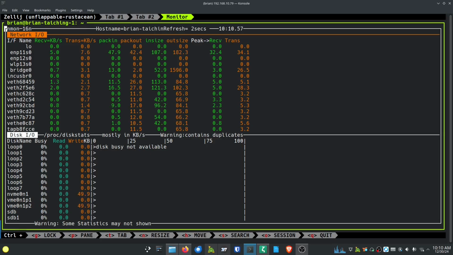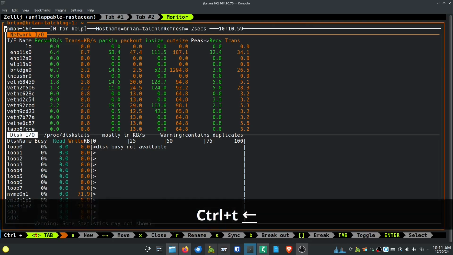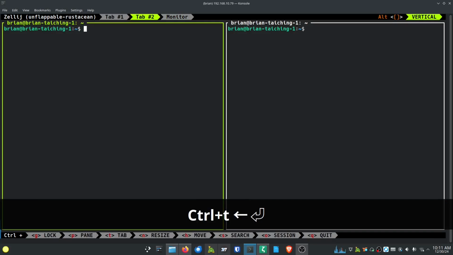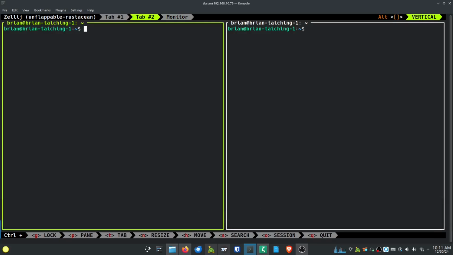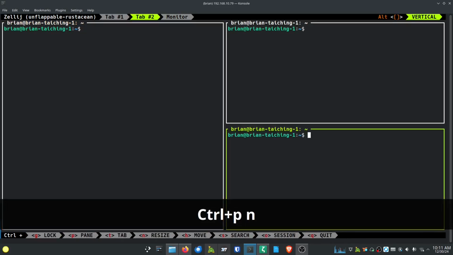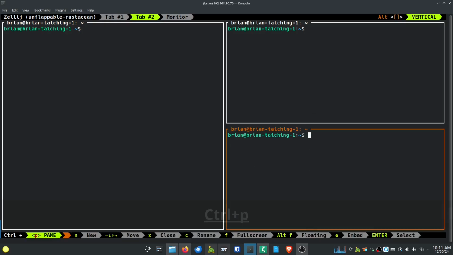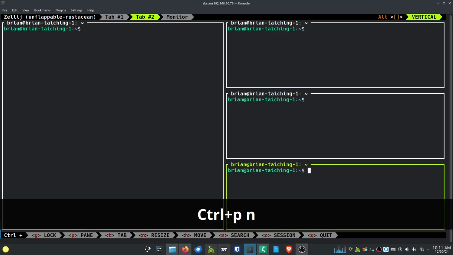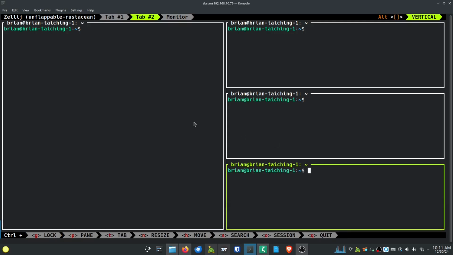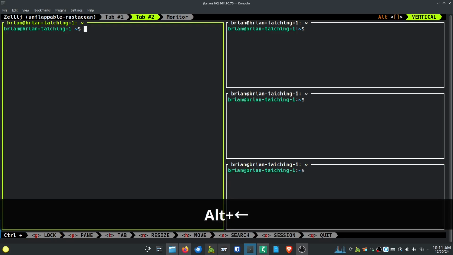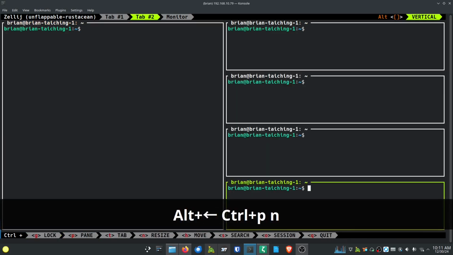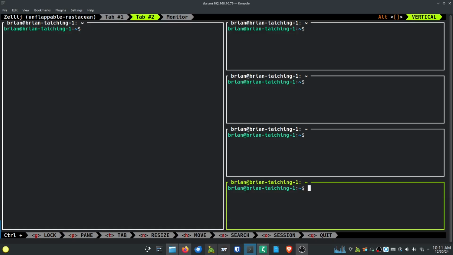Very, very easy. Again, we can do Control T and move back to one of our other tabs here. And now we can do anything we really feel like we need to do. We can do Control P and we can do new, and it's going to create a new pane for us. So you can see that it stacked our panes together. And here we can do Control P and in, and it gives us a third pane. And we can go Alt this way and Control P and in, and we've got a fourth pane. So we've got all kinds of panes that we've created, and we've got lots of different things we can do